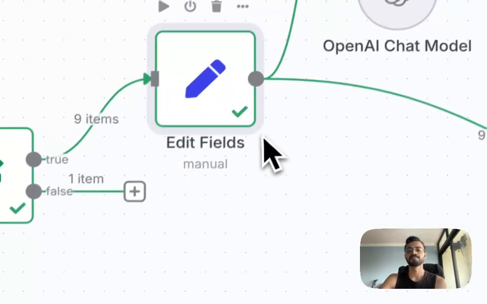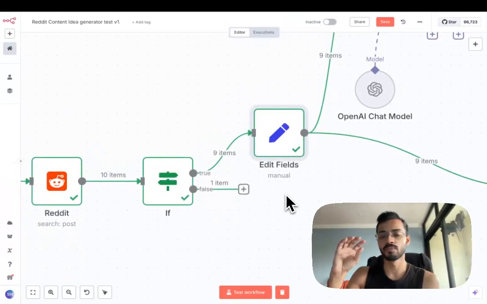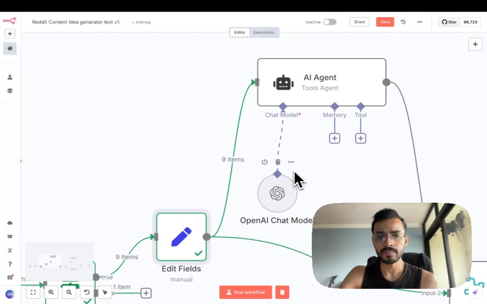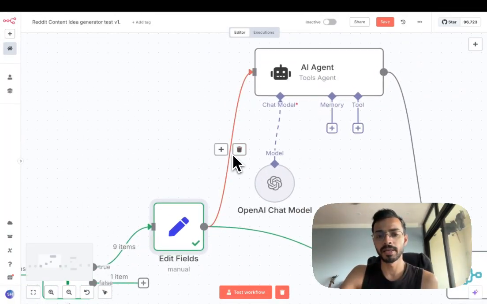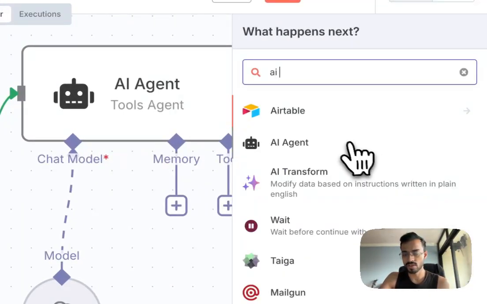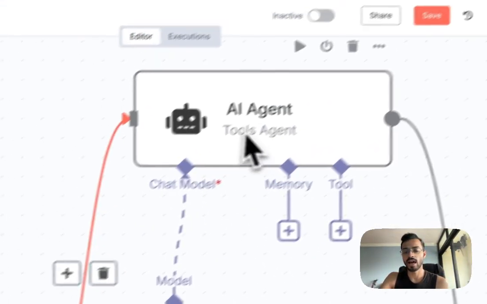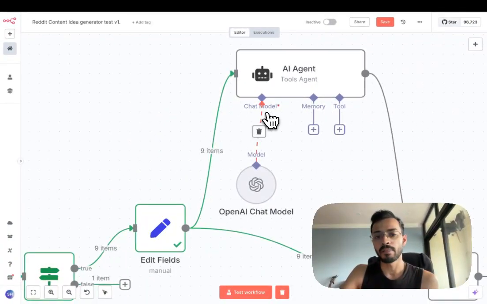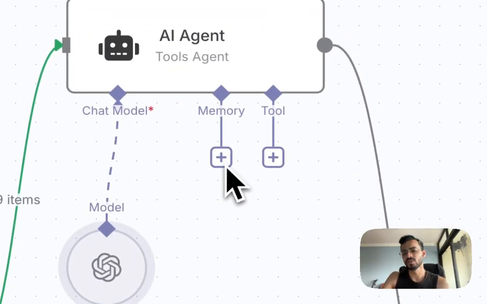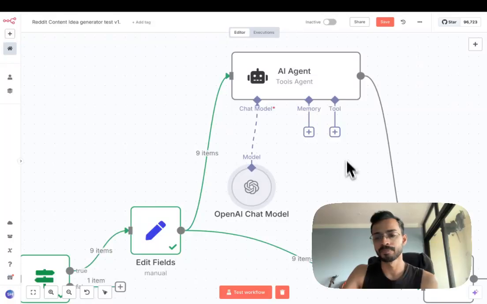We just wanted that. And then we're going to take this data, this output, this clean, nicely formatted data about the problems, and we're going to feed this into an AI agent. And to do this, we're just going to simply click on this, and we're just going to go AI agent, which is this button right here, and this is going to open up basically. I'm going to connect it to a chat model, which in this case I've connected to the GPT-4o mini, which is sufficient. I've kept the memory and the tool blank for now, but if you want, you can add tons of customizations on top of it.